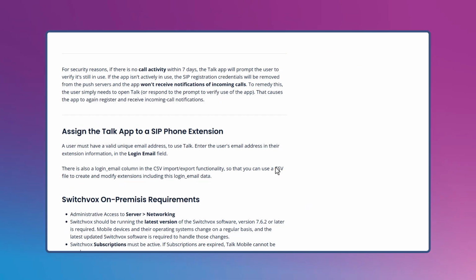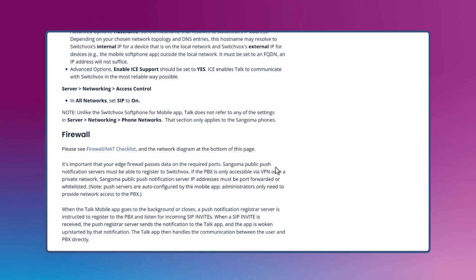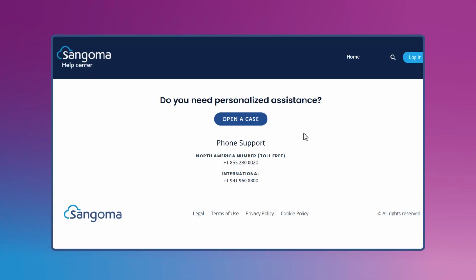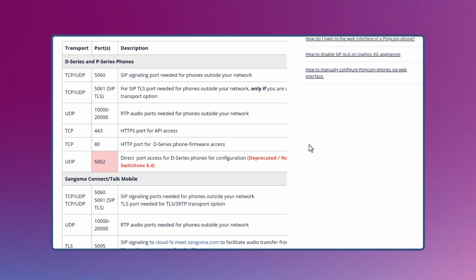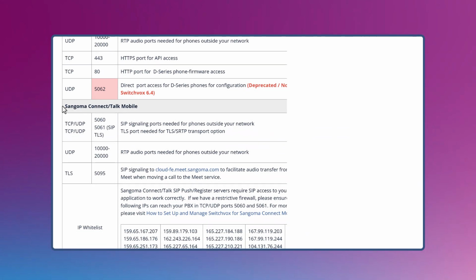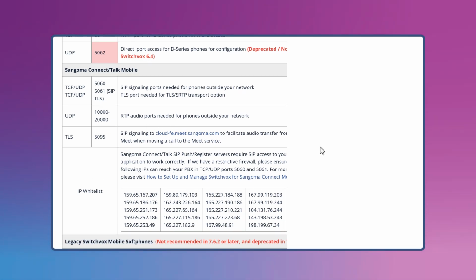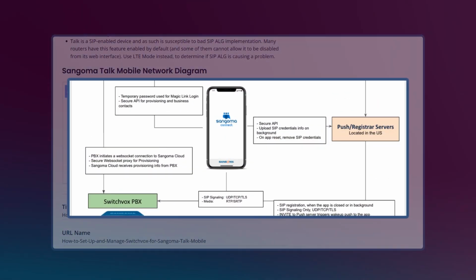So I can go through a little bit more in detail all of the requirements, recommendations, and the firewall checklist, which explains ports and protocols. Here is the Connect Talk Mobile technical information, including IPs to whitelist on your external firewall. For anyone interested, I'll leave you with this network diagram for the Talk Mobile topology.